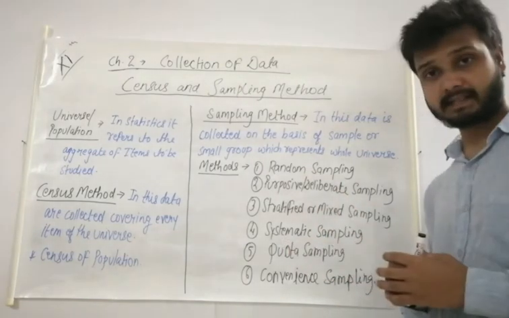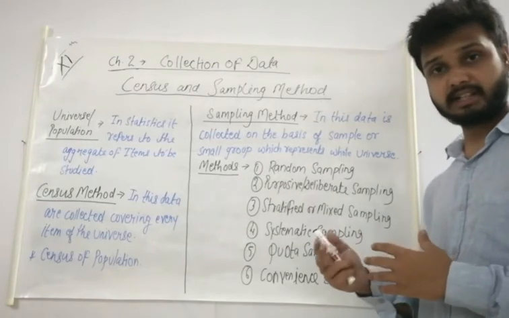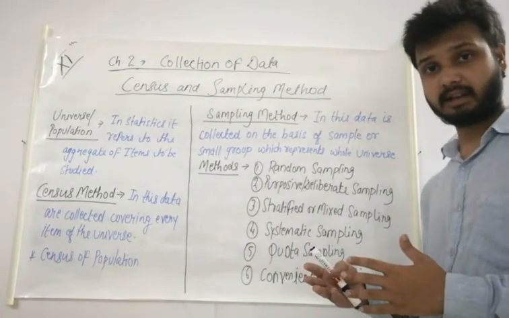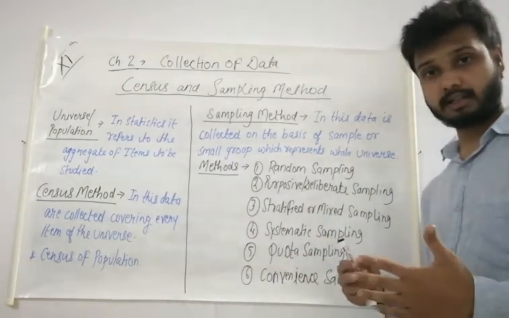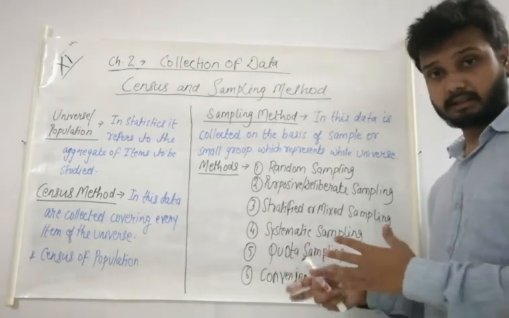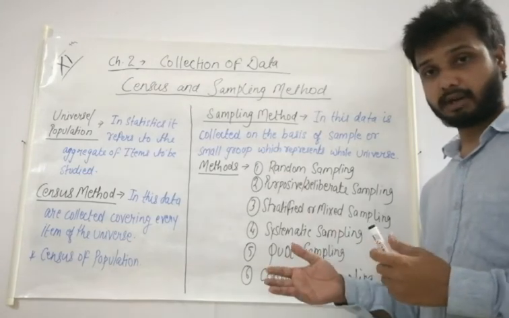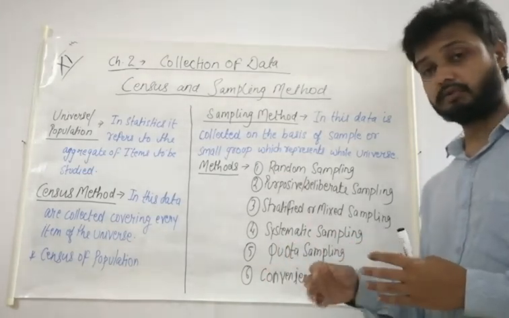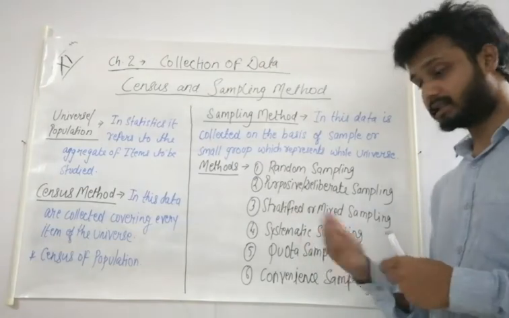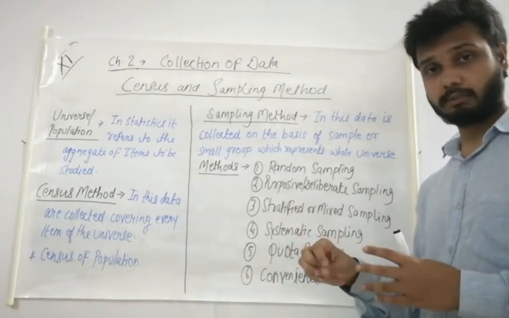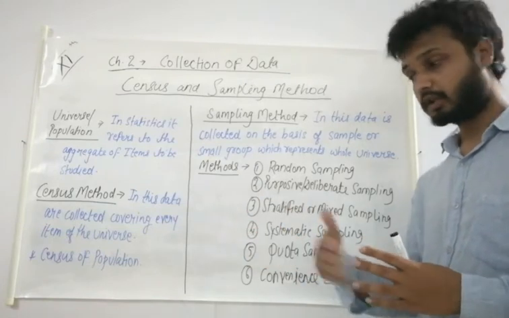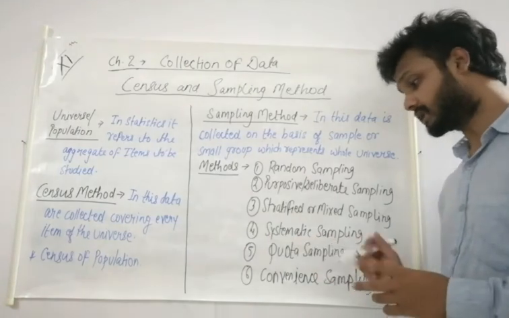Then the next one is systematic sampling. In systematic sampling, the investigator follows a systematic manner. He arranges the whole universe in a proper manner. Suppose we are talking about 100 students, then their names could be arranged roll number wise, and then the sample prepared. From roll number 1 to 10, we select the 5th roll number, from 11 to 20, the 15th roll number, from 21 to 30, the 25th roll number. So this system will go on. This is systematic sampling.